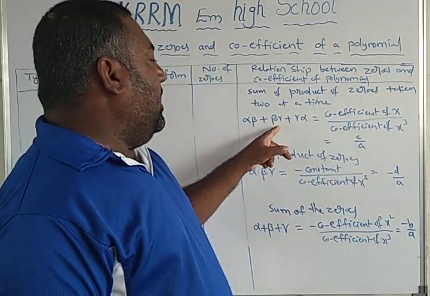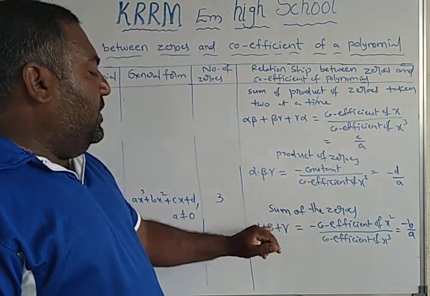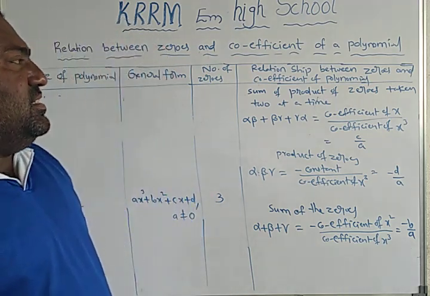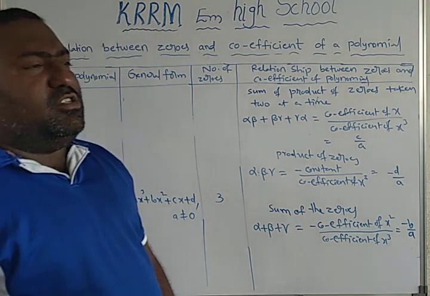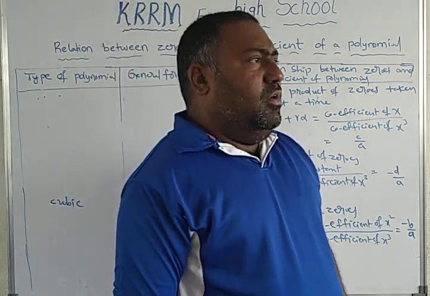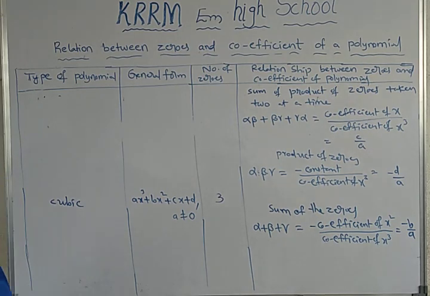Alpha beta plus beta gamma plus gamma alpha is equal to c by a. Alpha plus beta plus gamma is equal to minus b by a. So this is the relationship between zeros and coefficients of polynomials. So then after that